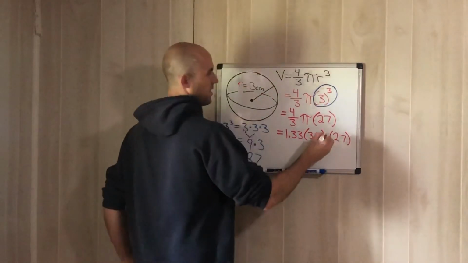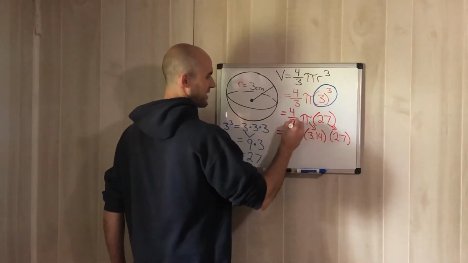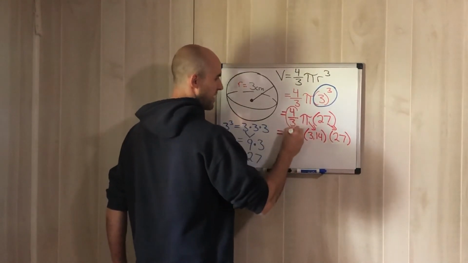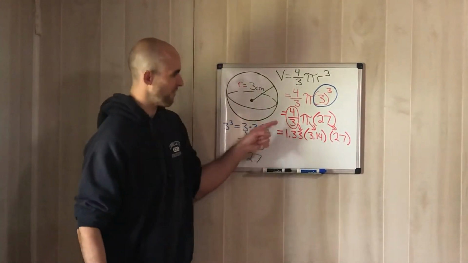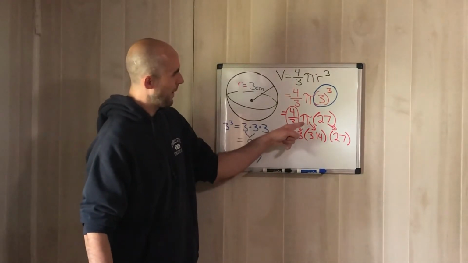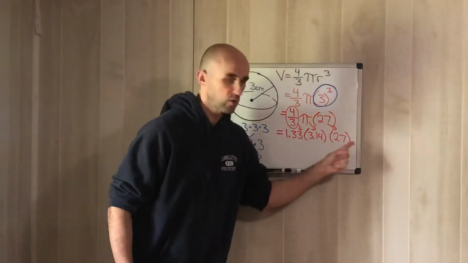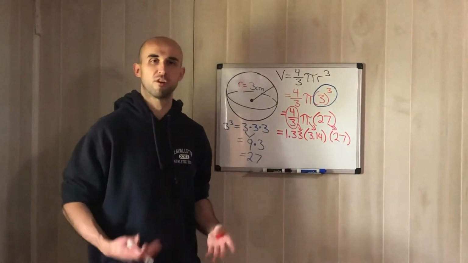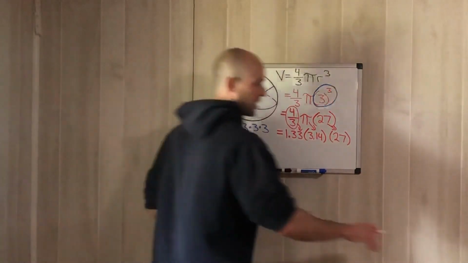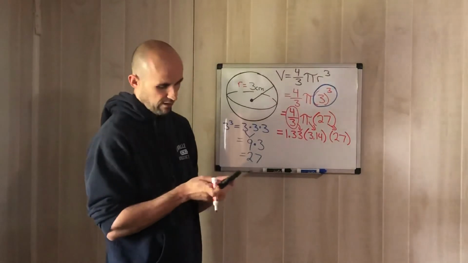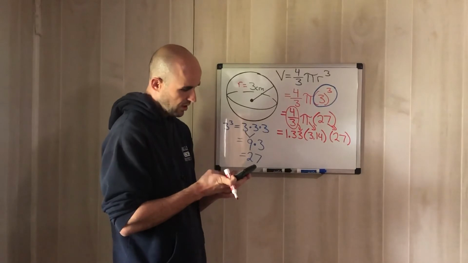All I did was the 27 stayed there, pi was 3.14, and the 4 divided by 3 gave us 1.33. That's where all those numbers came from. Now that you have all these numbers next to each other, with no addition and no subtraction, you just multiply them all. So we can do 1.33 times 3.14, which gives us